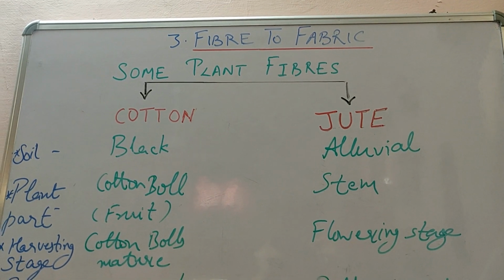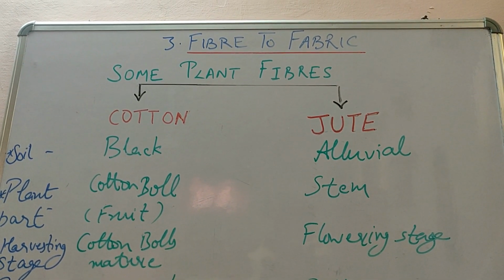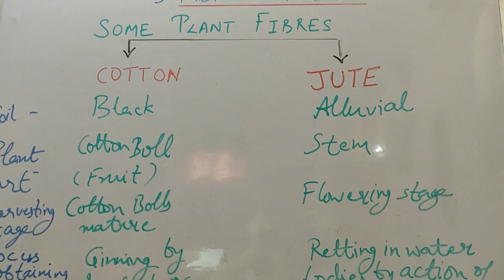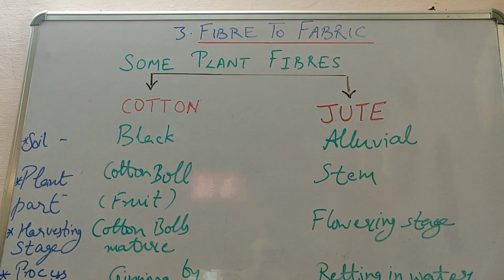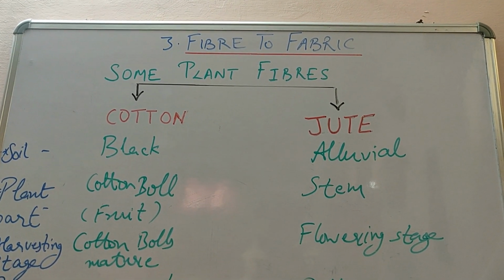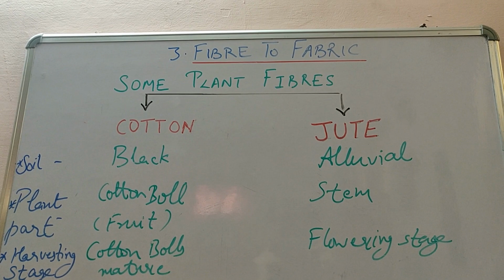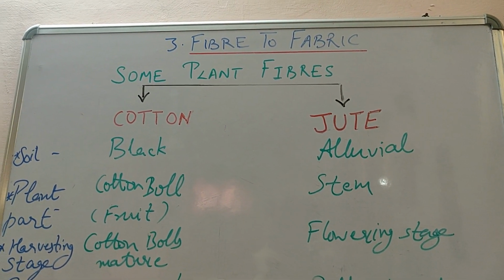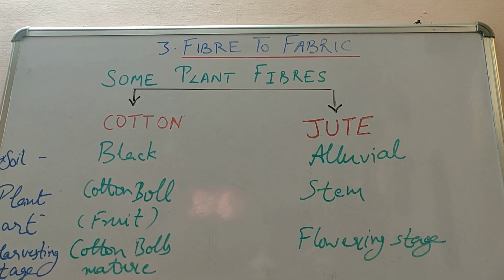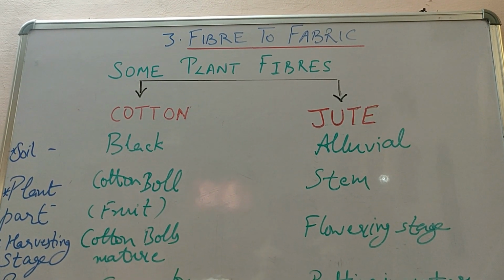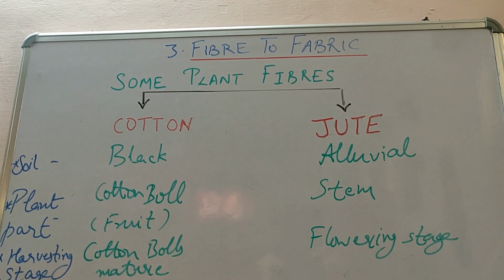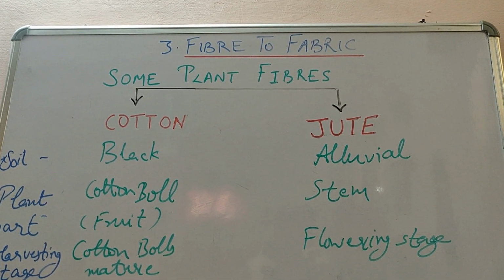Okay students, then other than this you will have to do question number 4, which talks about cotton and jute. Like cotton is grown more in Maharashtra and jute is grown more in West Bengal. You have to write the reason for that, which I have already discussed. Then you have to do question number 3 and 4 of your back exercise, which is also related to cotton and jute.